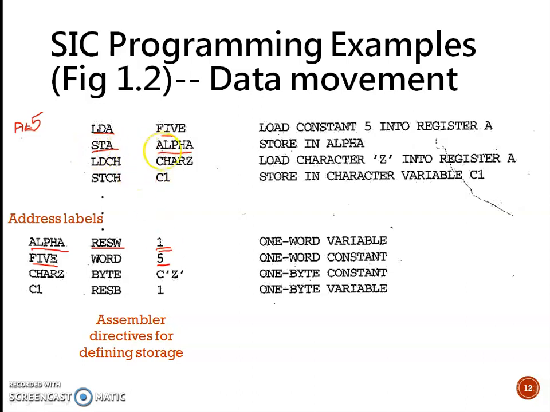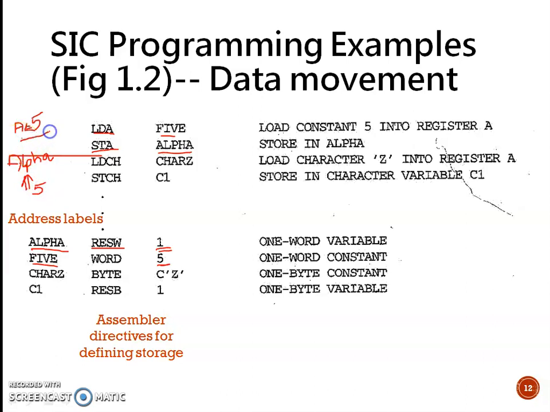So STA alpha means to this memory location alpha, what value will be stored? 5 will be stored. Why?